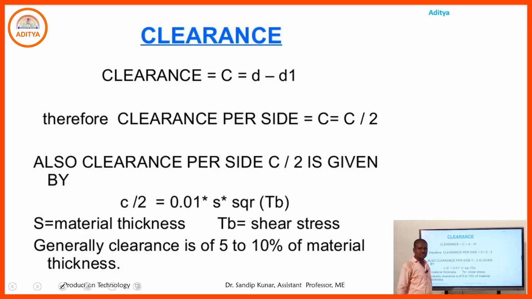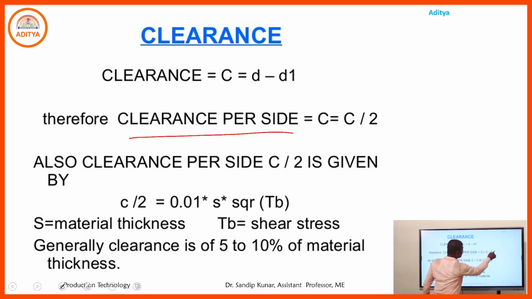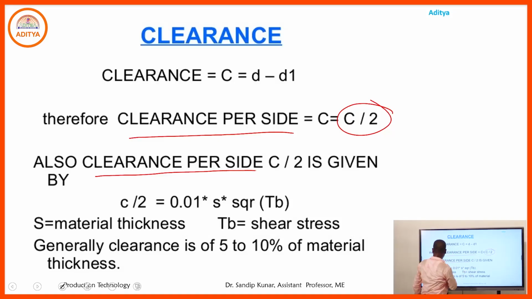Clearance: total clearance C equals D minus D1. D means the die diameter, and D1 means the punch diameter. Therefore, clearance per side is C by 2. Also, clearance per side C by 2 is given by C by 2 equals 0.01 into